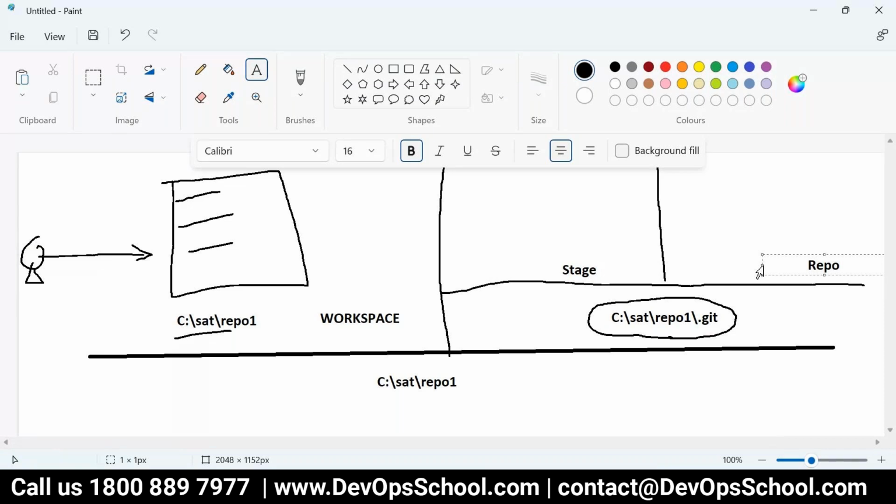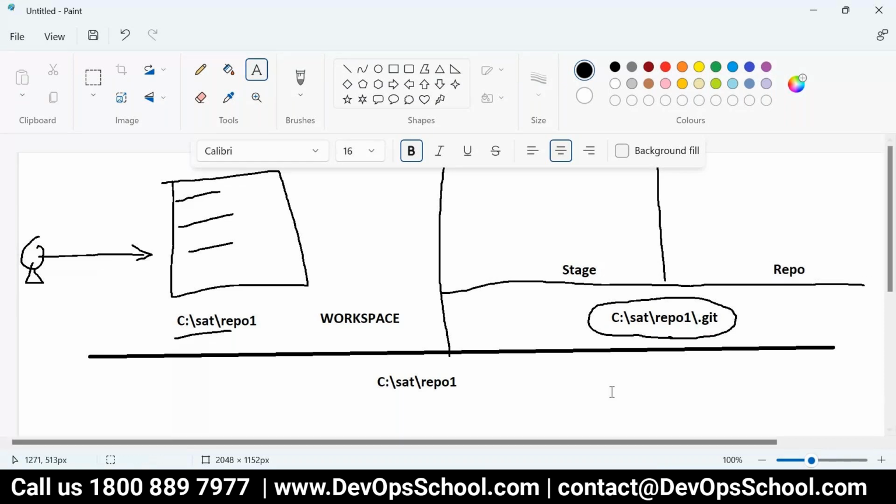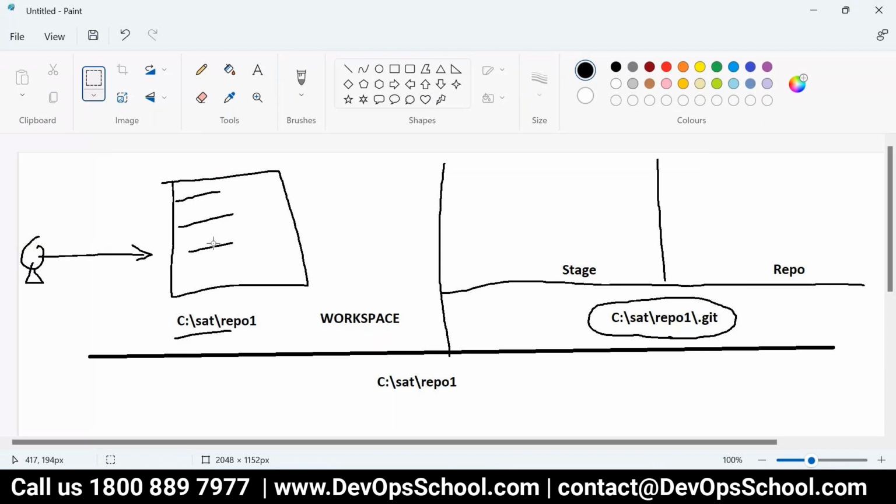This is the real repo. Both areas are hidden inside the .git area only, but I am not going to complicate it more.